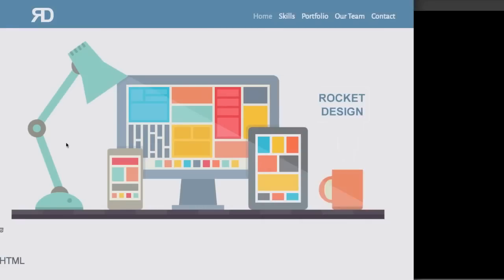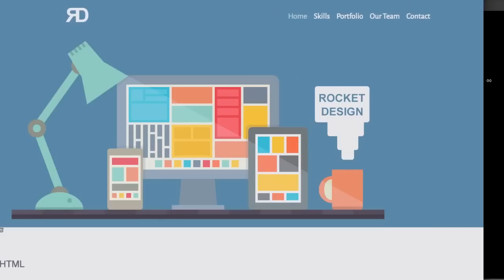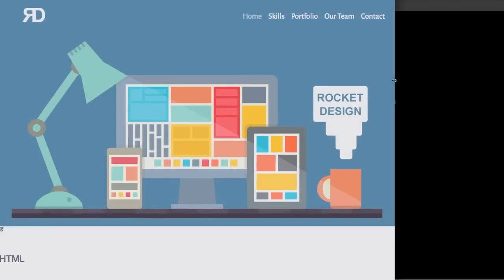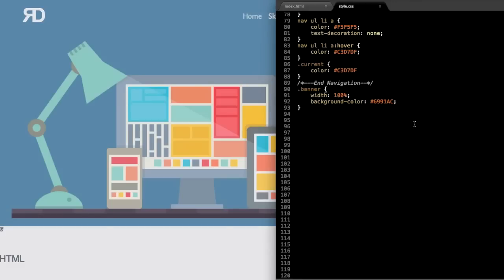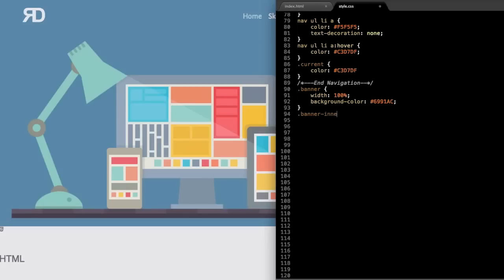Alright, and then if we go and refresh, there we have the background color showing up. But now what we need to do is create a banner inner kind of wrapper, similar to what we did with the navigation, to give it a max width and center it on the page as we flex the page. So just write .banner-inner,